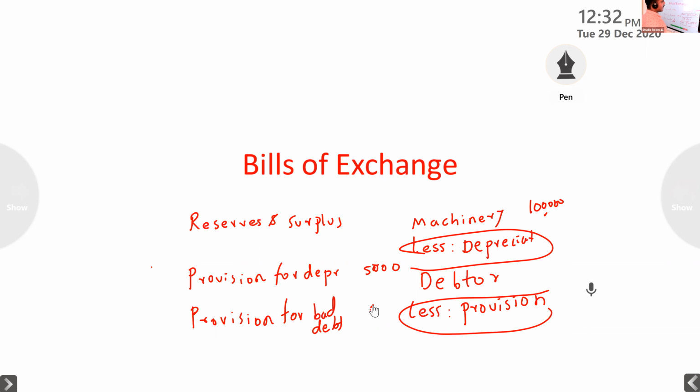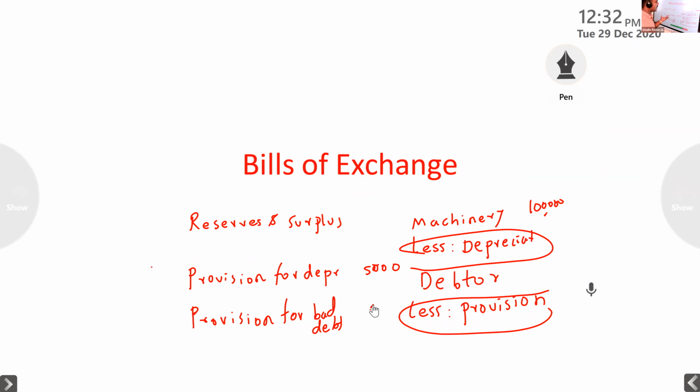Next chapter, last chapter, bills of exchange. So we completed every chapter except bills of exchange. Okay, first theory base: introduction to accounting, theory base of accounting, recording of transaction 1, recording of transaction 2, bank reconciliation statement, trial balance and rectification of errors, depreciation. Then one more chapter, bills of exchange. Then second part: final account 1, final account 2, then single entry system. Okay, so now the last chapter, bills of exchange.